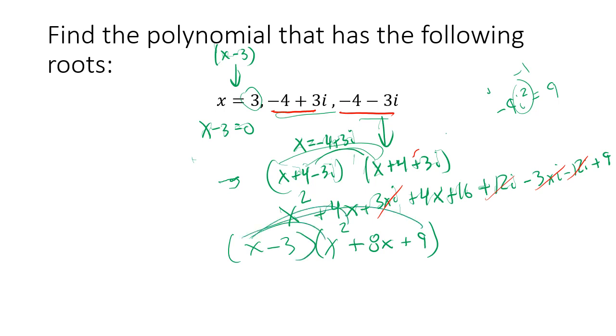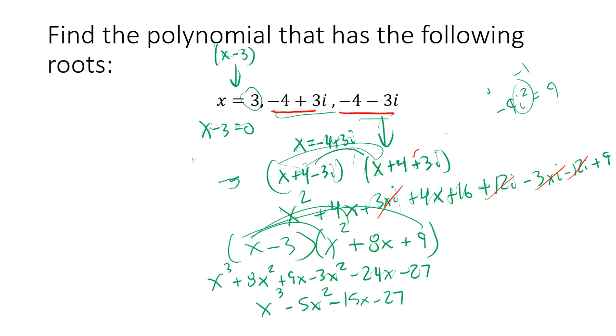We distribute everything. So we'd have x cubed plus 8x squared plus 25x minus 3x squared minus 24x minus 75. Combine like terms, we end up with x cubed, and then we'd have plus 5x squared, 25x minus 24x is positive x, and then minus 75. And so that was the original